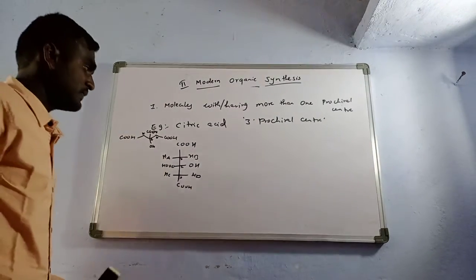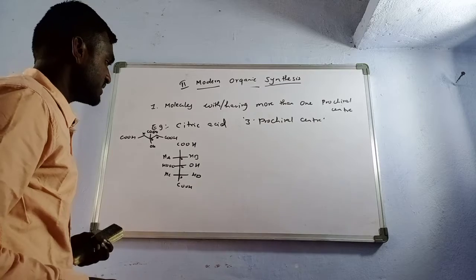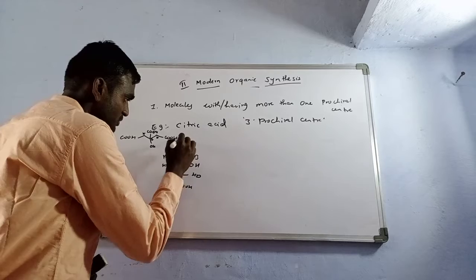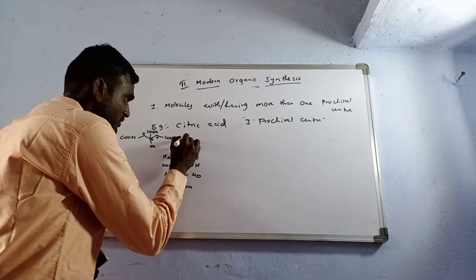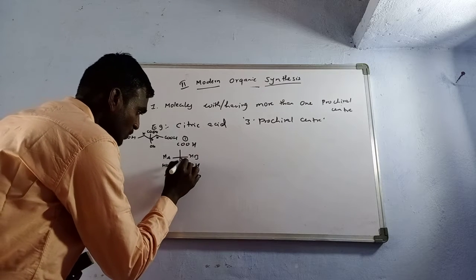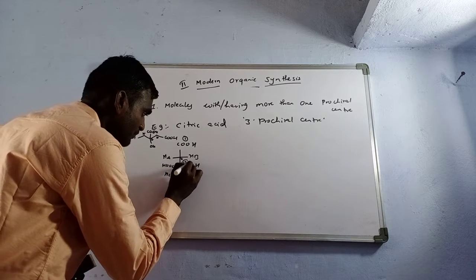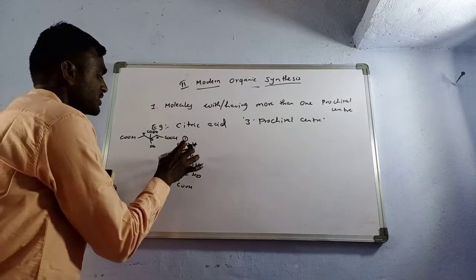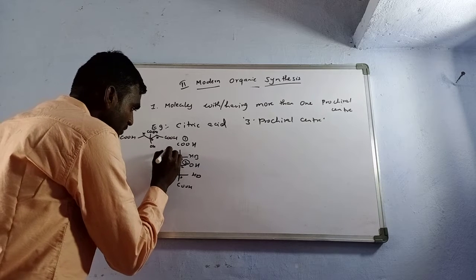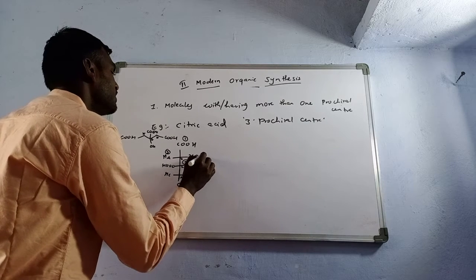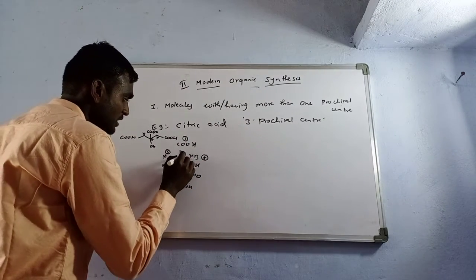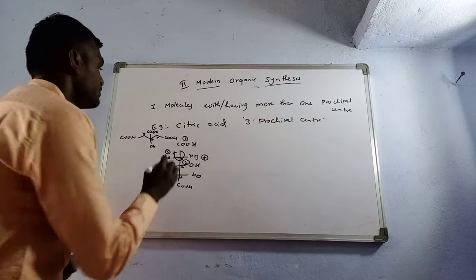Okay, these three are prochiral centers. Now we are giving the priorities according to the Cahn-Ingold-Prelog rules. For this molecule, this is the first priority, and this whole group will get the second priority. Now there are two groups, HA and HB. If we give HA the third priority and the fourth priority is HB, then 1, 2, 3 is clockwise direction.